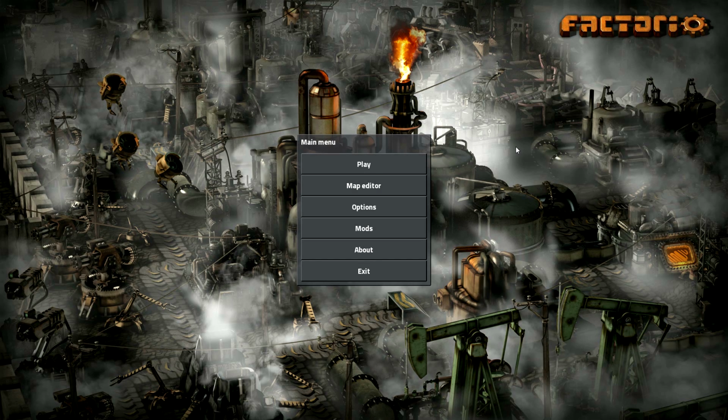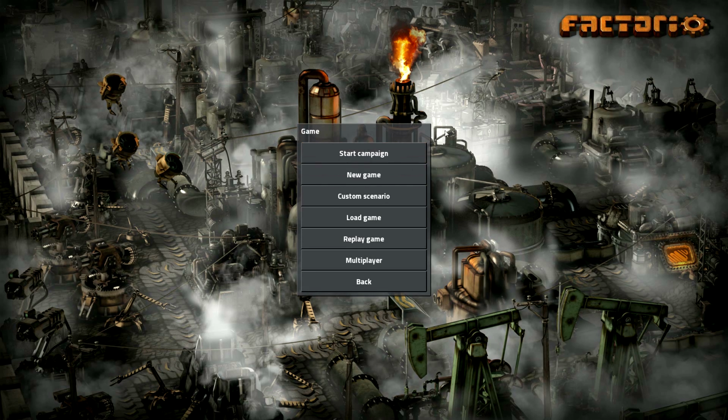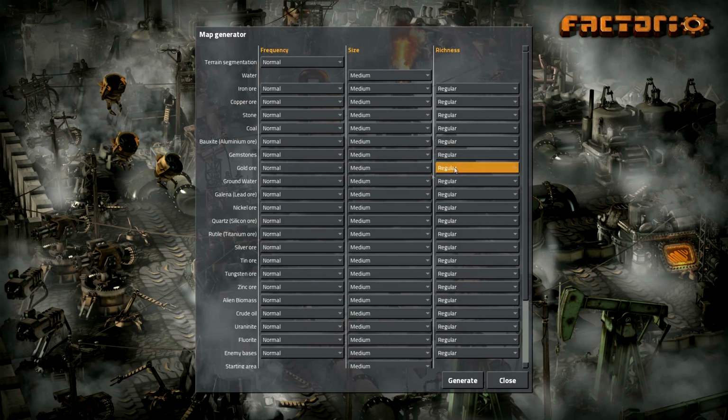But out of the ashes rises new things. A new base is going to be forged on a new world, a world which has some slight changes, brought on courtesy of Factorio version 13.4. New changes such as